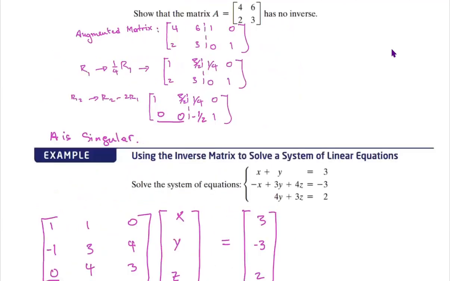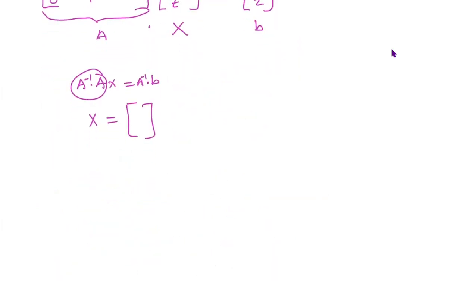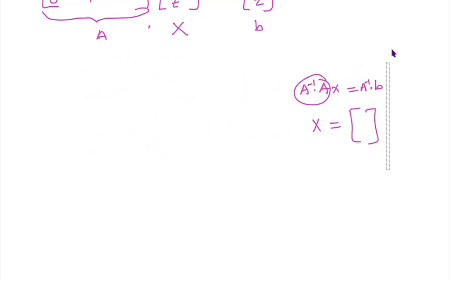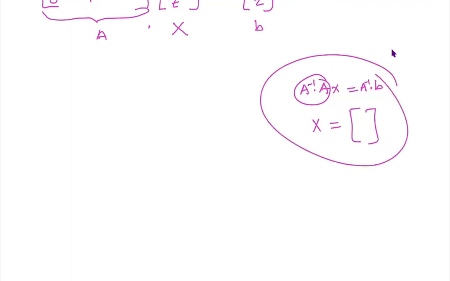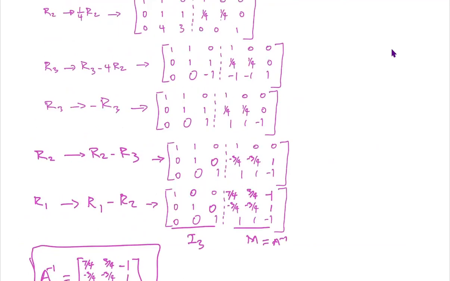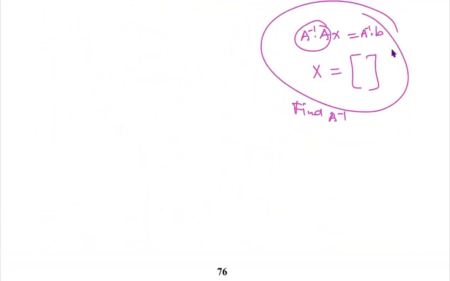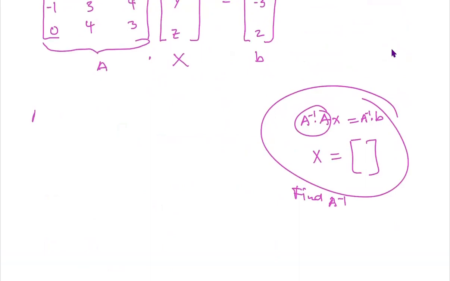I'm not going to have enough time in my video to do it, but that's what you need to do. Before you do that, you need to find A inverse. Use the row operations to find your A inverse, which I'm going to give you. A inverse equals,